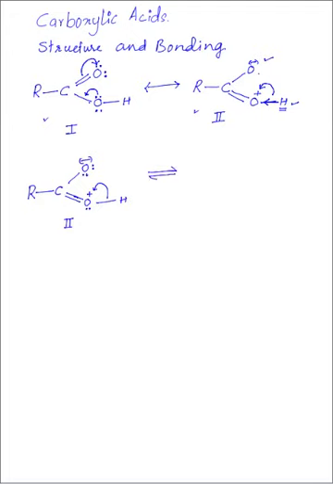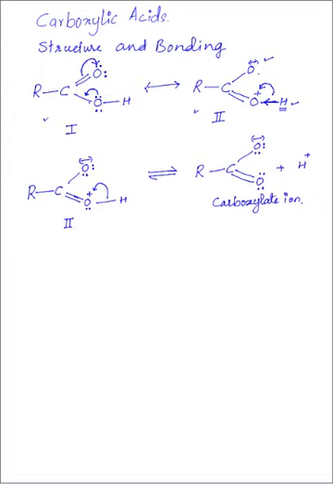So the H plus is released here and it forms a carboxylate ion: C, O minus, and this becomes C double bond O plus, and H plus is released. And when it becomes C double bond O, the oxygen gets a lone pair of electrons back. And this is called carboxylate ion.